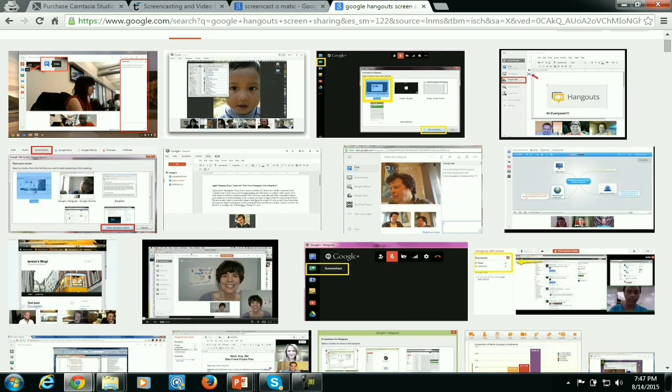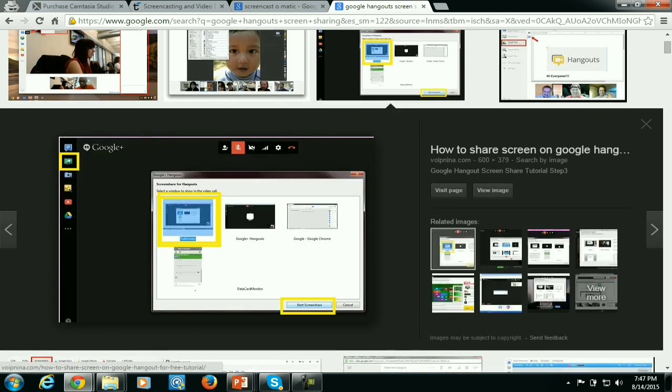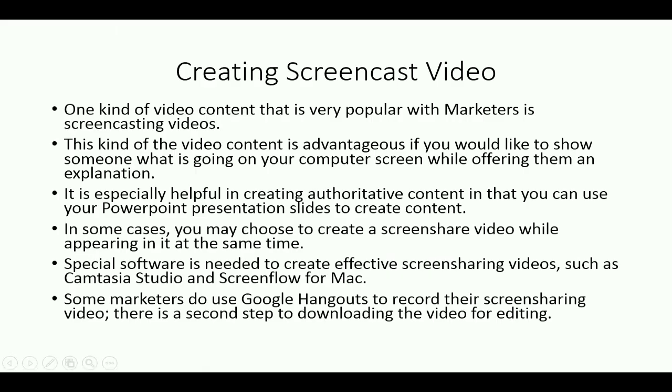And as you can see, it's a very popular function to be used inside of Google Hangouts in many cases, and many marketers are actually using it, as well as many video creators who use Google Hangouts in order to create their videos.